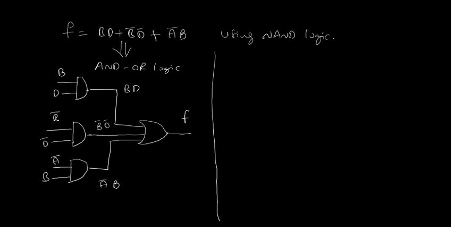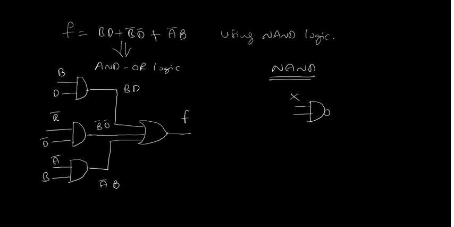Okay. So let me use this space to explain further, right? So now we need NAND logic, right? So what is NAND logic? NAND gate is like this, right? If you are giving X, Y, you have to get XY bar. Now the question is, we need to realize this F, but with the help of NAND logic only. That means this circuit must consist of only NAND gates.